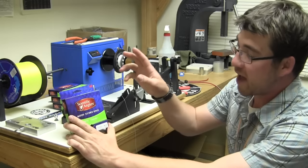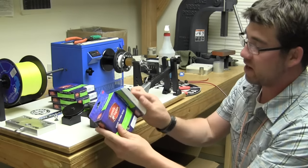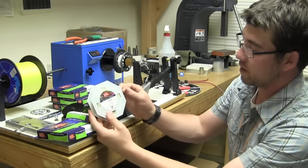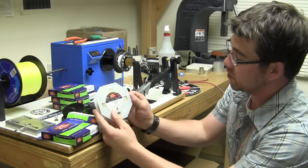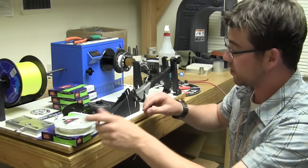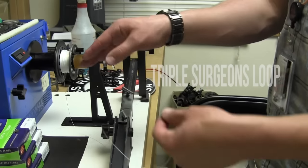Now we're ready to add the fly line to the backing, and you'll see that on many of our fly lines we feature a rear loop. Now some of you may want to cut that off and use a standard nail knot, but if you do like to do a loop-to-loop connection, one of our favorite knots that we like to use is a triple surgeon's loop. So what you'll do is you'll take your backing,